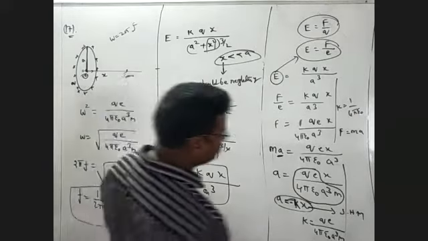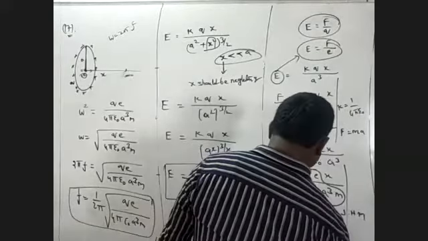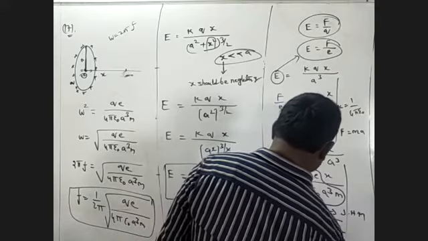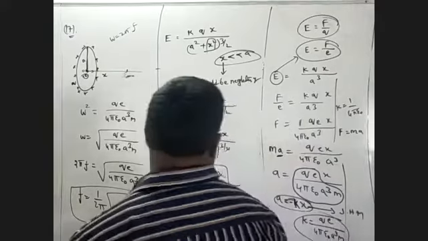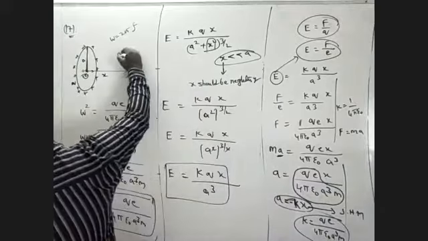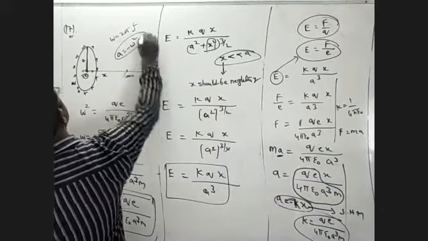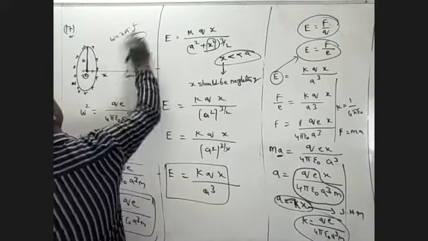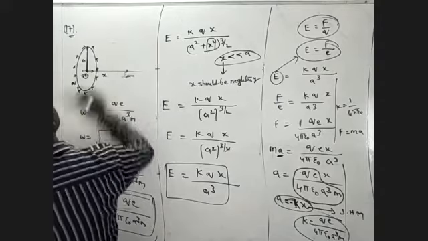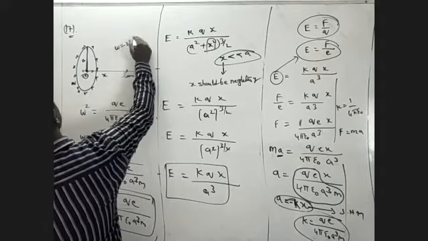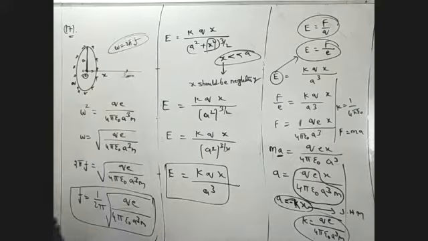Now here we can take k as a constant value. The general formula is a is equal to minus omega squared x. You take omega squared in simple harmonic motion. Omega is equal to 2 pi f. This is your answer.